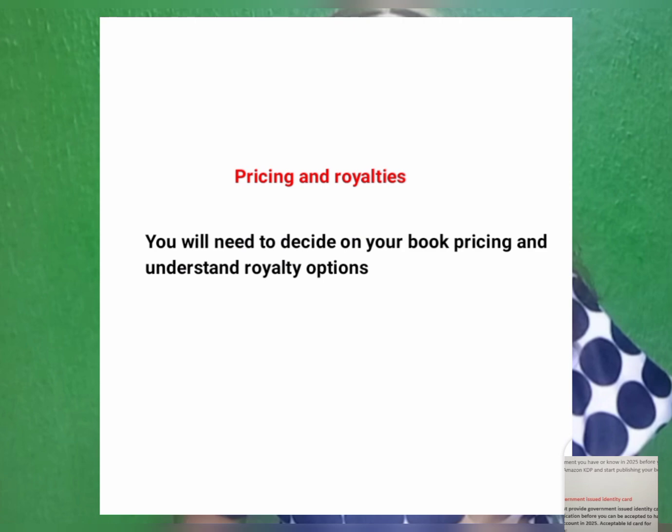So also, while publishing your book, they will guide you and give you options from this price to this price, and you will now decide which price to go for, depending on the quality and the quantity of the book you're publishing. Then the royalty option is usually 70%. So for instance, if the price of a book is, let's say, $10, Amazon is taking 30% and paying you 70%. So this is how the royalty works.